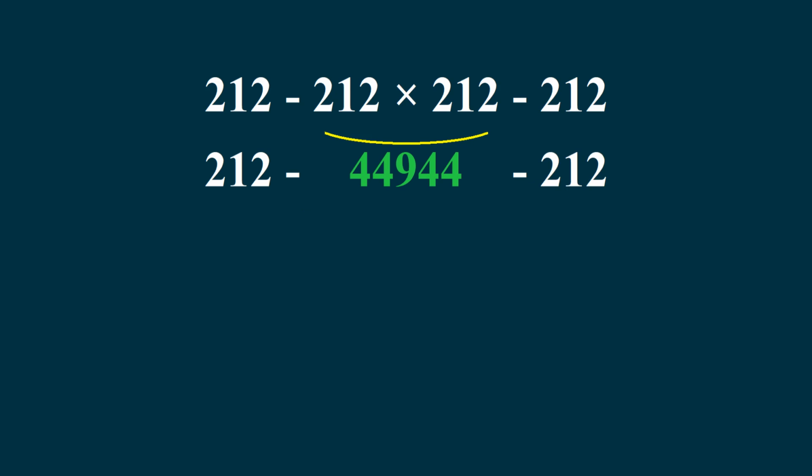According to the order of operations, we do this subtraction, then this subtraction. So 212 minus 44,944 which equals minus 44,732. So we have minus